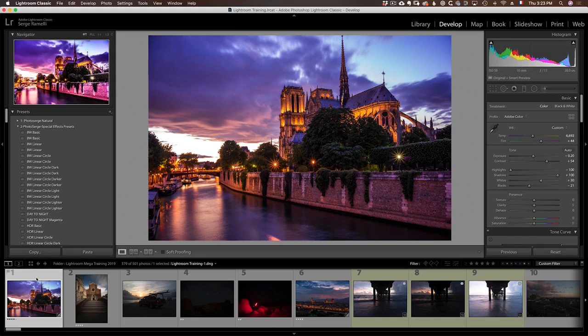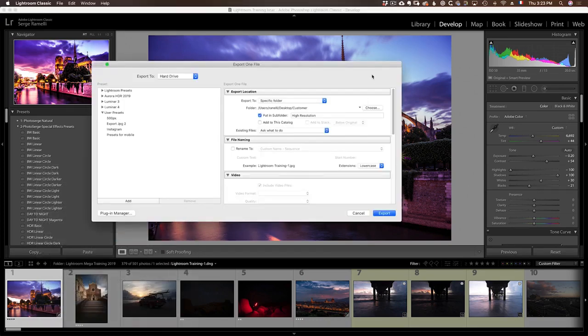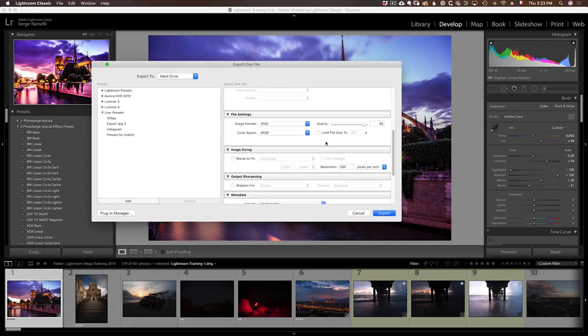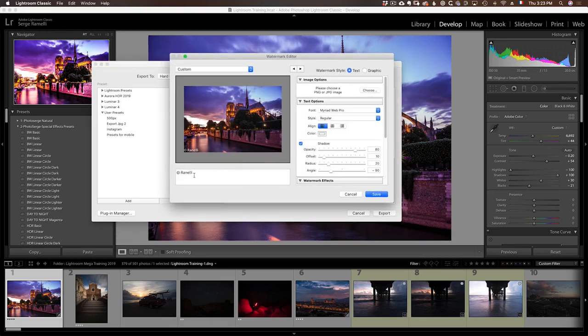So in the export options that we went through earlier, there is an option called watermarking. Okay, so I'm going to say yes, watermarking, and you can click edit watermark. On this one it says the name of my computer, and the guy I bought the computer from made a mistake on my name. So I'm going to write copyright Serge Romelli, for example, which is really a bad way to do it because it's better to do it with a signature or something. But let's say you don't have a signature.